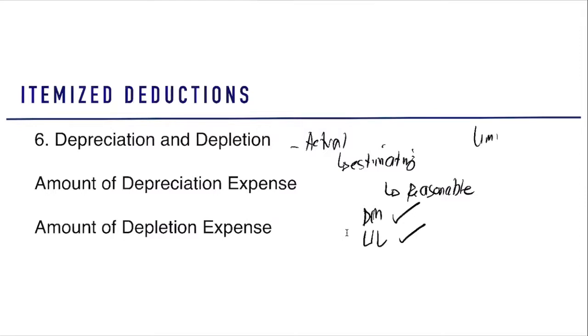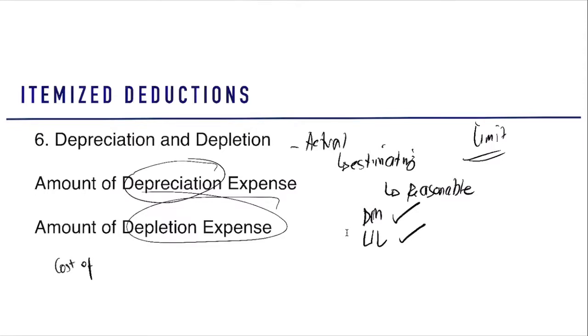So depreciation, there's no limit for this one. Whatever is the amount of your depreciation, whatever is the amount of your depletion, we include that, so long as the amount of your depreciation or depletion is reasonable. Okay? And take note, the allowance for depreciation should never exceed the cost of the property. Di ba naalala nyo, on our principles, we said the cost of property should not be expensed outright, but it must be amortized over the life. So we must spread the cost.